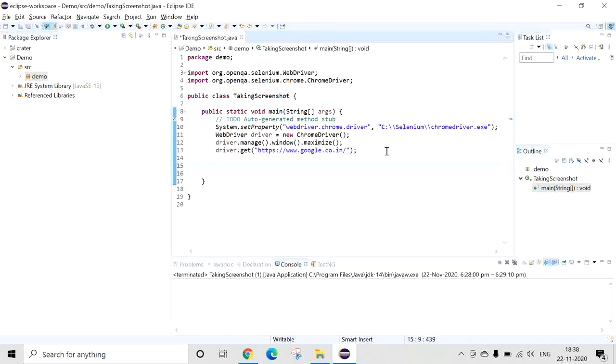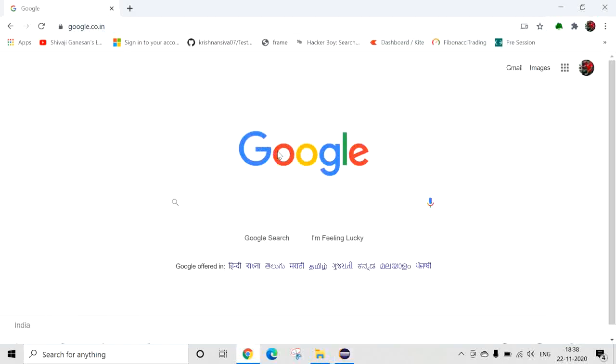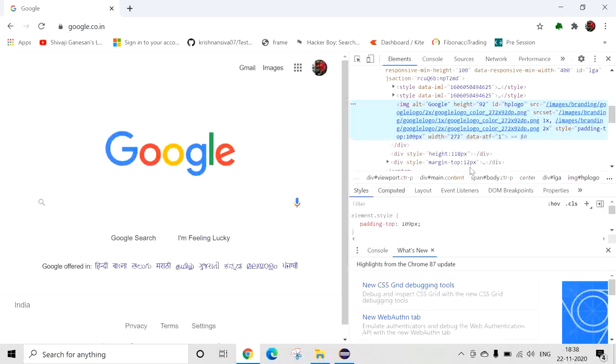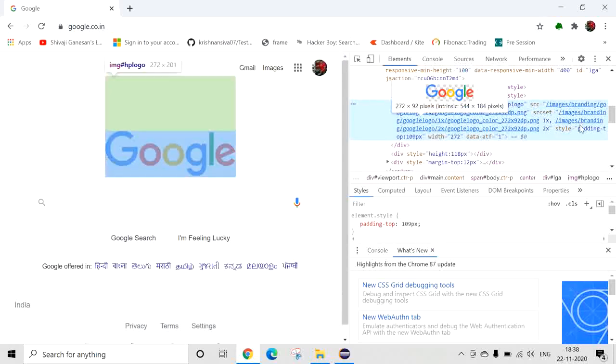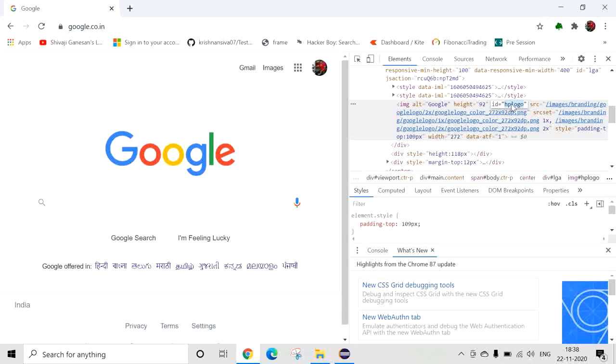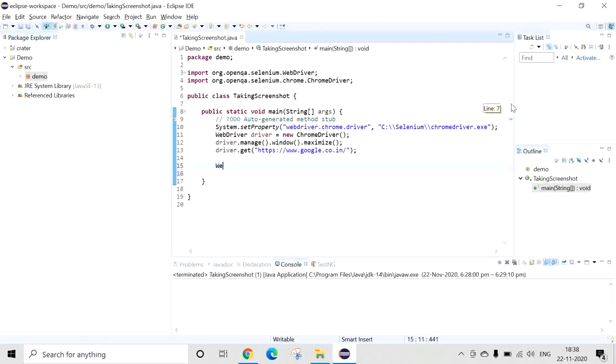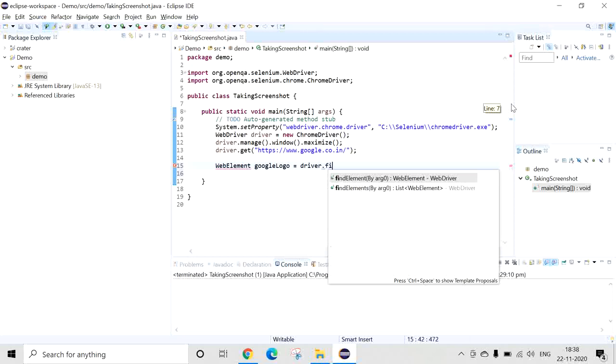Now we need to locate the element, right? Just right click, then inspect. There you find the XPath. Here an ID is there. I'm copying this ID. You can create the element now. We are going to take the Google logo, right? So for the element, I will name it Google logo, then driver.findElement.